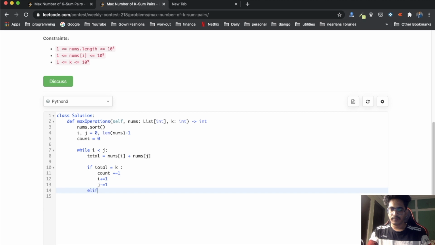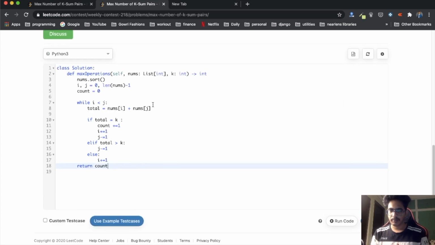Else if total is greater than k, that means the sum is greater than k, so we have to decrement our j value. Else this means total is less than k, so we have to increment our i value. After everything is done, we'll return our count.